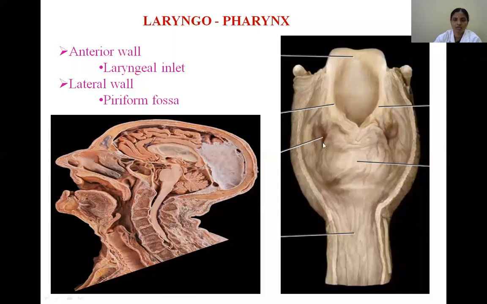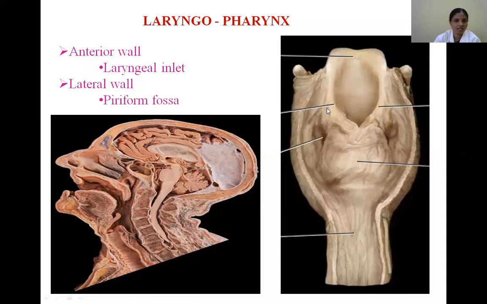This is the fossa. And what are the two boundaries? Here, this is the aryepiglottic fold on the medial side, and laterally this is the thyroid cartilage. So the lamina of the thyroid cartilage is present on the lateral aspect. In between there is a fossa which is known as the pyriform fossa, and above it is limited by a